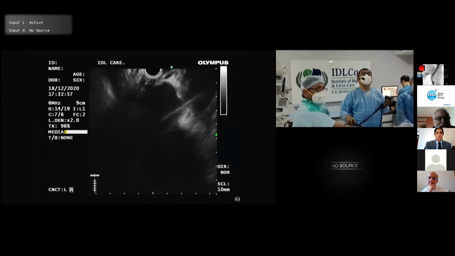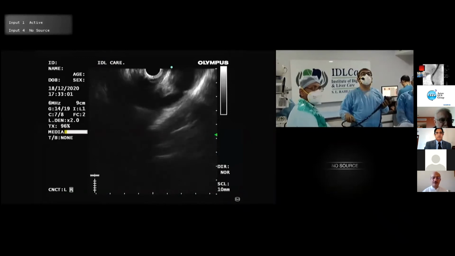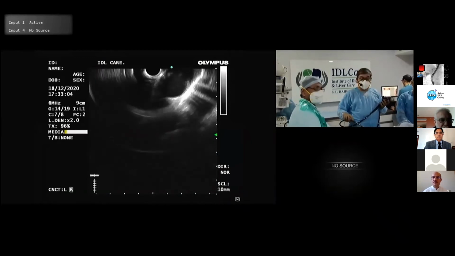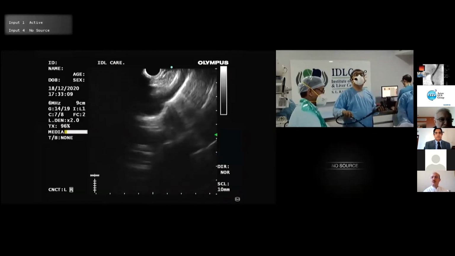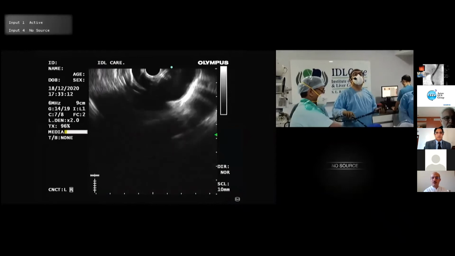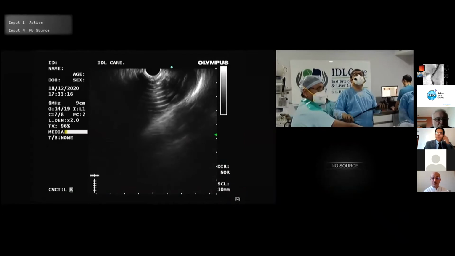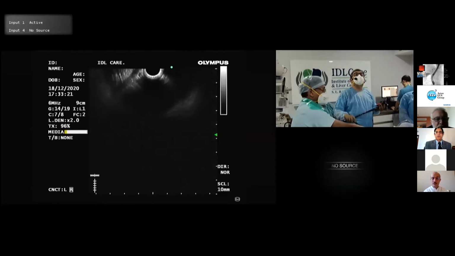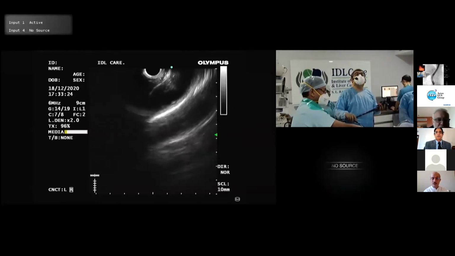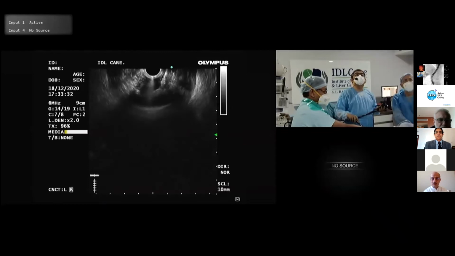You can see that I am already at the heart position. I'll come back a little. I'll quickly show you how I do it. Once I am in the esophagus, what I do is I rotate my scope, and I continuously suck. In this case, I have done a gastroscopy before, so there is a problem of air, but I try to get both layers of the esophagus in one view. So now you see here,